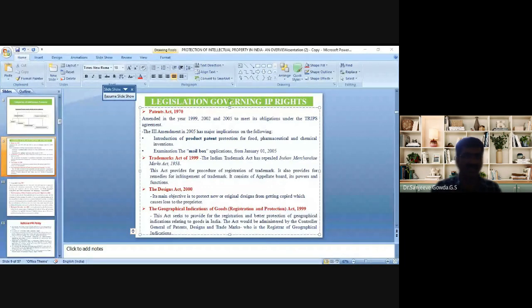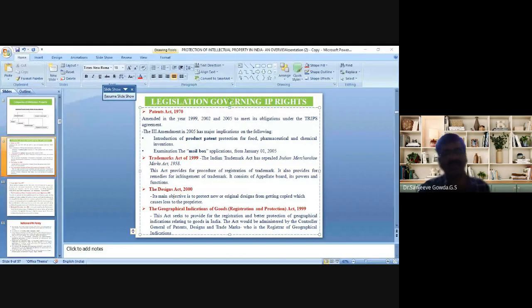It is not a matter of domestic affairs. It is a matter of international affairs, because there is a lot of transfer of technologies or inventions across the border. So in order to protect intellectual property even beyond the territorial limitations, there must be some protection at the global level. That is why we have many conventions and agreements at the global level to extend the protection to the